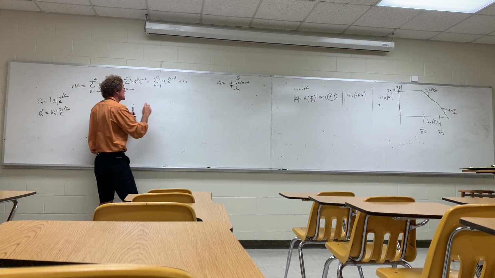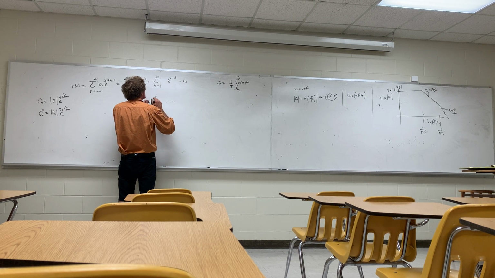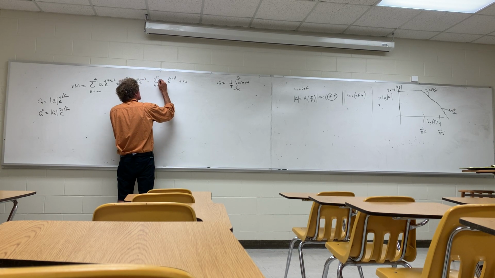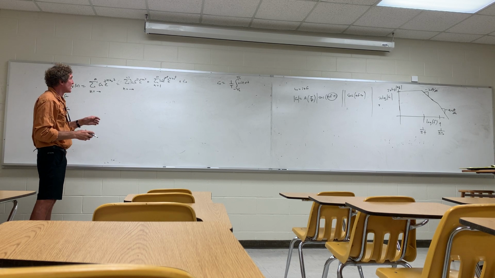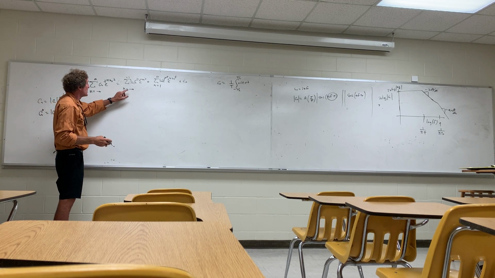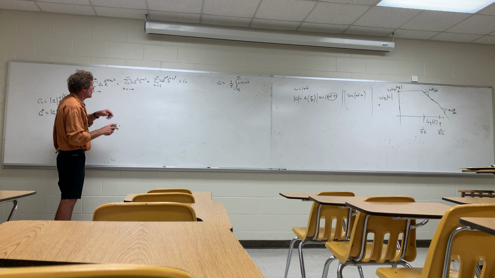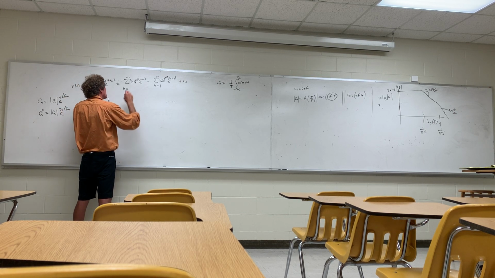And this one's the same thing, it's going to have a magnitude of C of n e to the j n omega naught t. Now, instead of going from minus infinity to 1, I'll go from -1